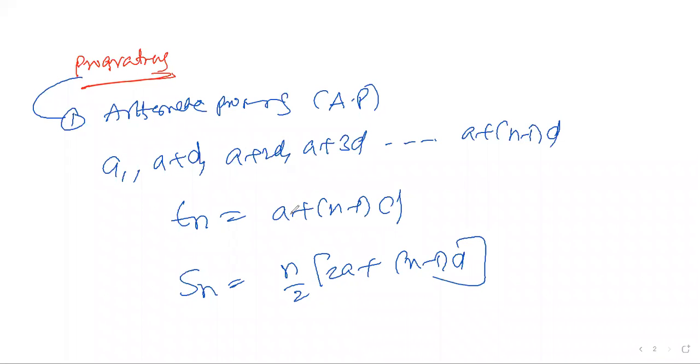I am not supposed to touch all these things here. Basically A will start, then A plus D. If you want to go backwards, A minus D also we can write, A minus 2D also we can write. Options are yours. You can write A minus 2D also. Just I'm writing. So this is a series, a sequence.